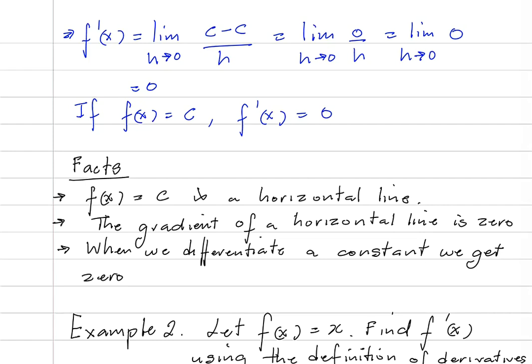So one was from knowledge of coordinate geometry, and the other is from differential calculus. Now, when we differentiate a constant, we get 0. We differentiated f of x is equal to c, which is a constant, and we got 0. So when we differentiate a constant, we get